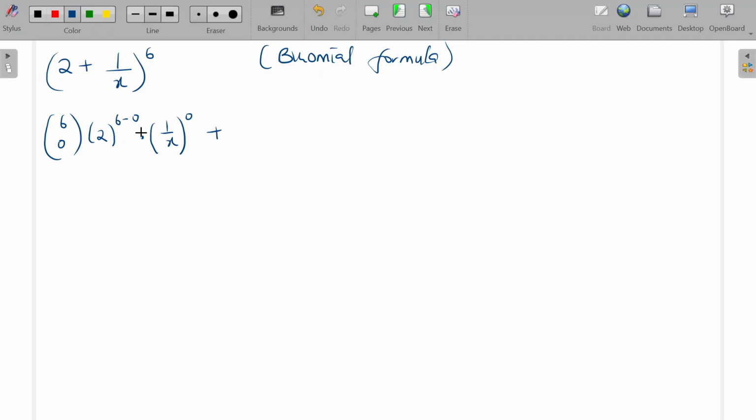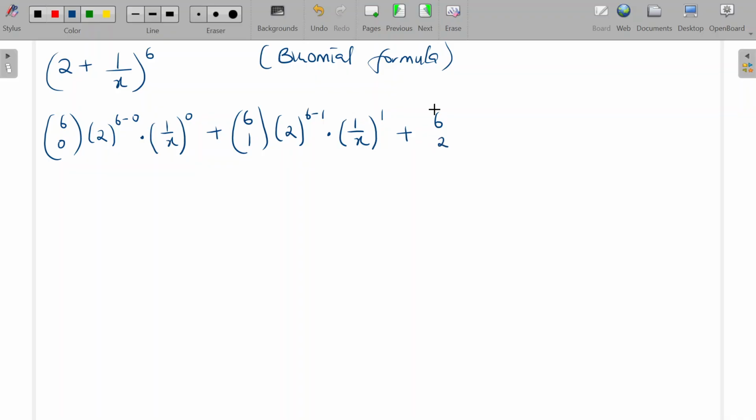Then you say plus, you get the next one, which is 6 combination 1. Then you get the first component 2 to the power 6 minus 1. Then dot product of the second component, which is 1 over x to the power 1, plus